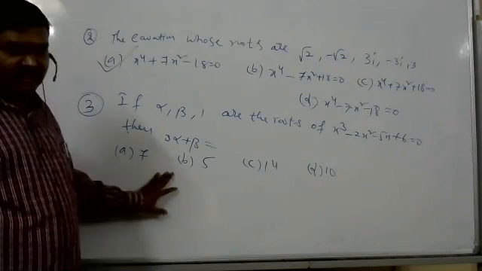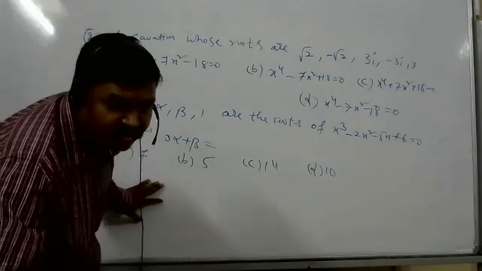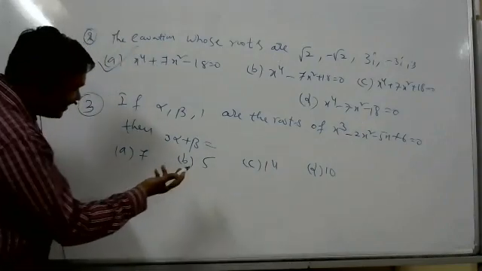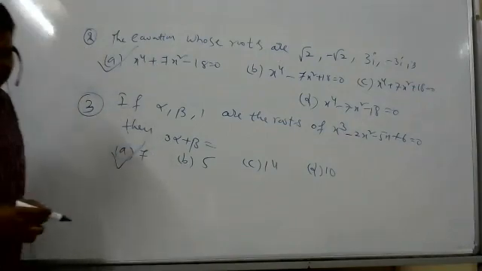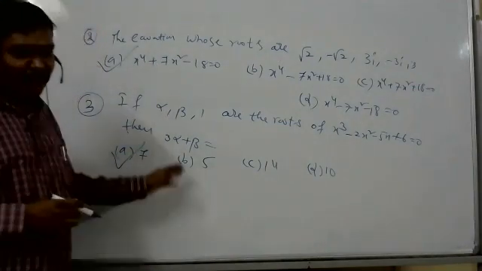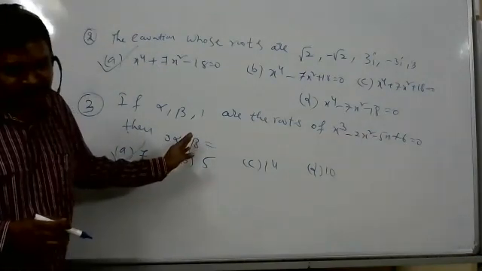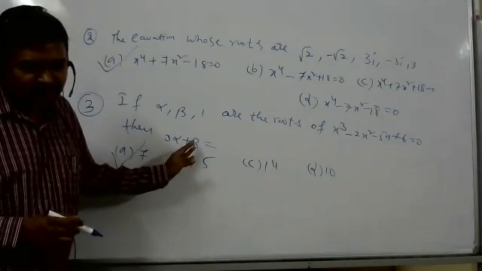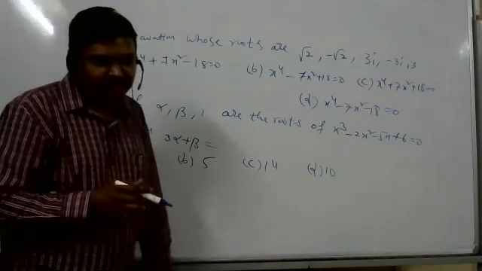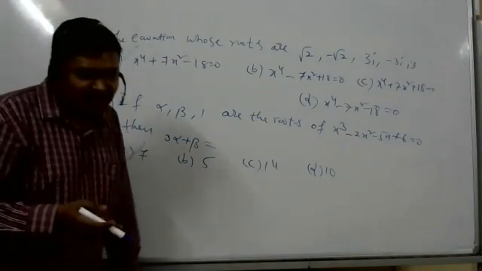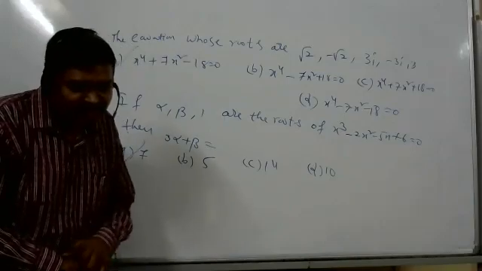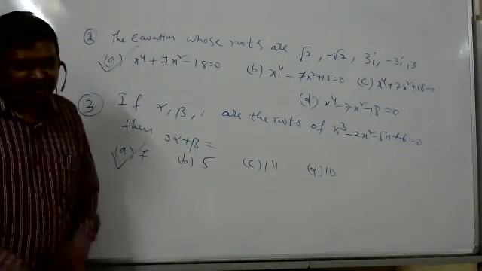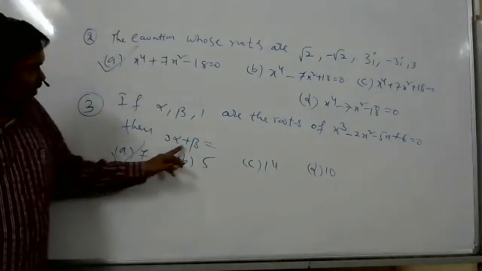Okay, this question answer tell. Sir, I am getting 13 as the answer. Option A is correct. Alpha plus beta plus 1 is equal to 2, right? Yes, sir. Alpha plus beta is equal to 1. Then alpha beta is equal to minus 6. Sir, then I did alpha is equal to minus 6 by beta. Now 3 alpha plus beta.